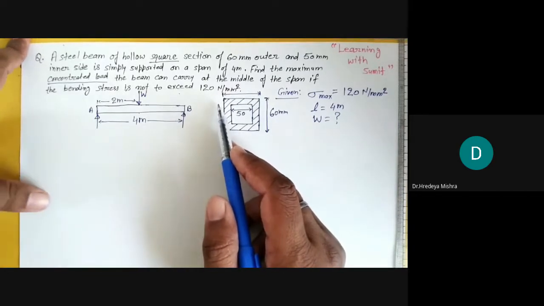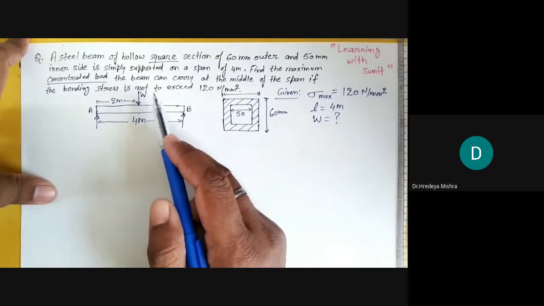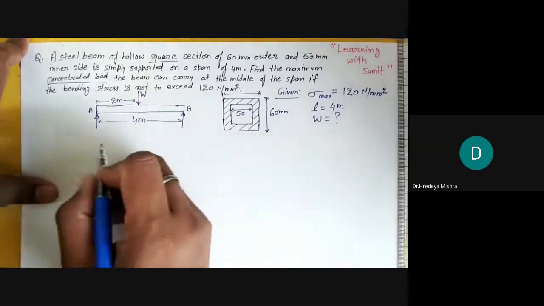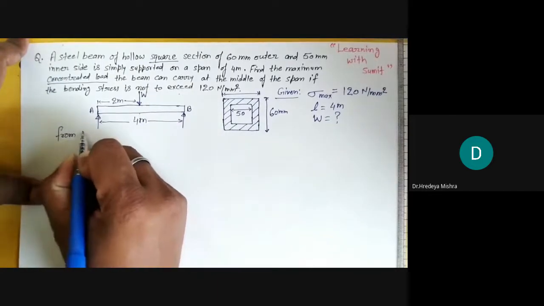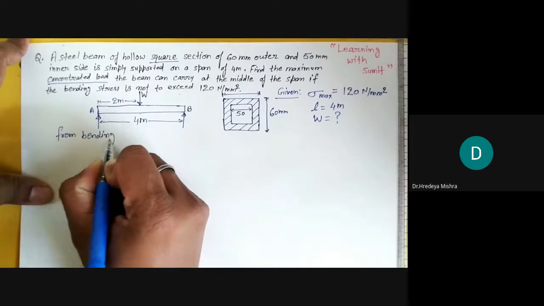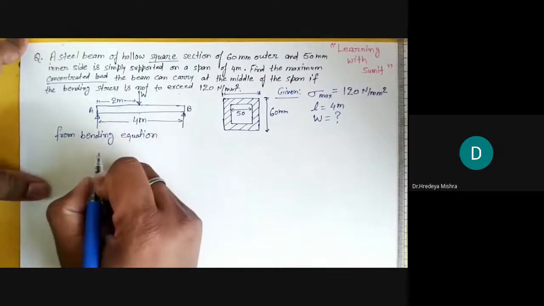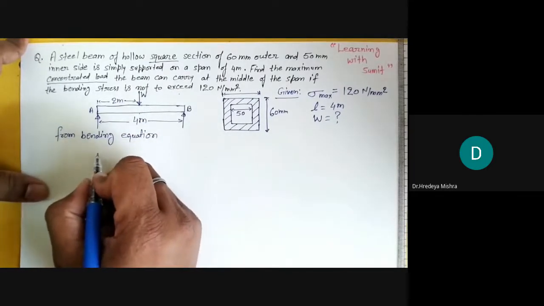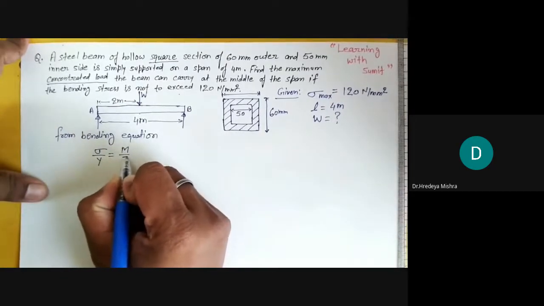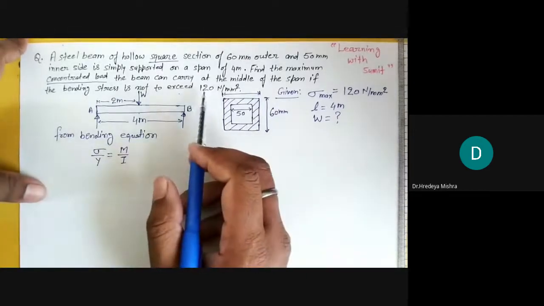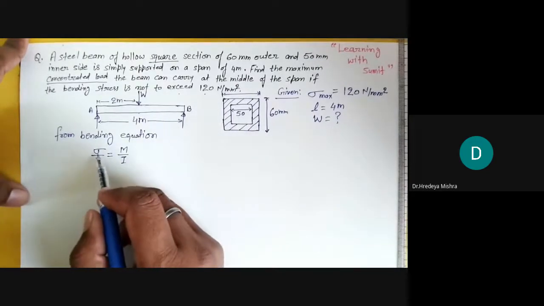तो इसको फाइंड करने के लिए, W फाइंड करने के लिए हमें किस फार्मूले पे जाना पड़ेगा? हम लोगों ने बेंडिंग इक्वेशन में एक फार्मूला फाइंड किया था, अगर आपको याद हो। फ्रॉम बेंडिंग इक्वेशन हम लोगों ने दो पार्ट में प्रूव किया था, σ/y = M/I = E/R। यहाँ पे मॉडुलस ऑफ इलास्टिसिटी और रेडियस ऑफ कर्वेचर का कोई रोल नहीं है। तो हम बीम बेंडिंग इक्वेशन का एक पार्ट देखते हैं जिसमें σ/y = M/I होता है।